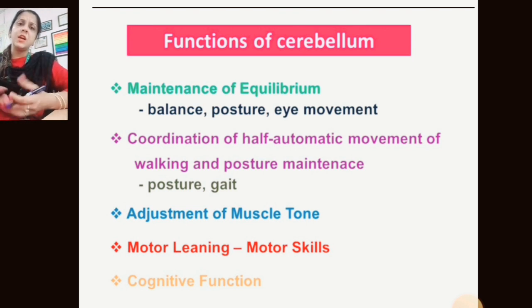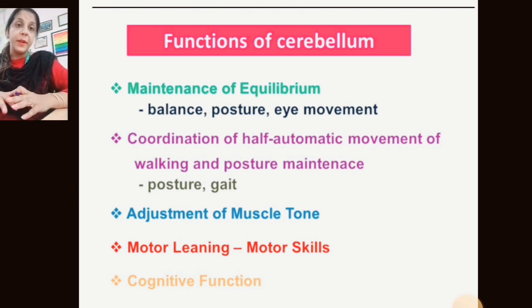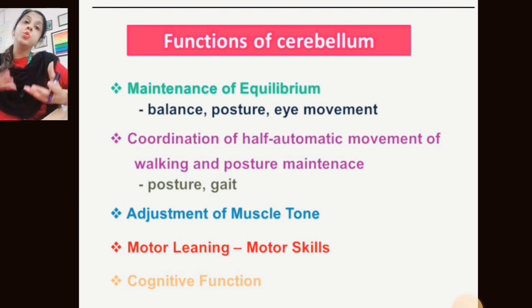For every motor task, we must be aware of how to do that particular task. If we know how to do it, then our cerebellum prepares and plans the particular program and does the task. If the thinking is not accurate, if we don't have any awareness about how to do that task, then the programming is prepared with the help of the cerebellum, but with errors, because we are not thinking accurately about that particular movement. So cognitive function is done by a part of the brain, and it gives awareness, the exact thinking, of how to do that particular task.